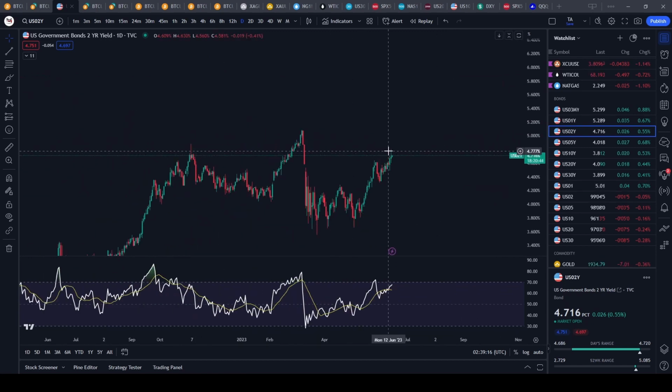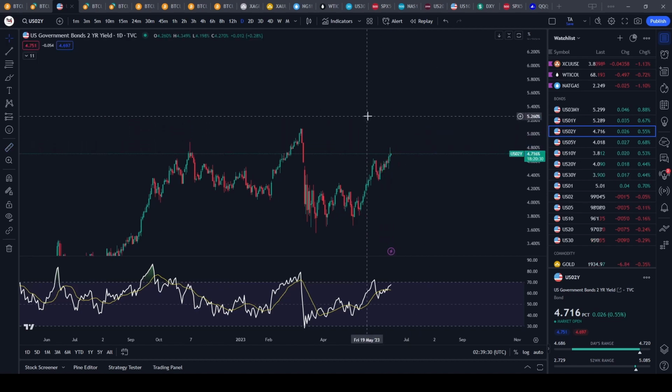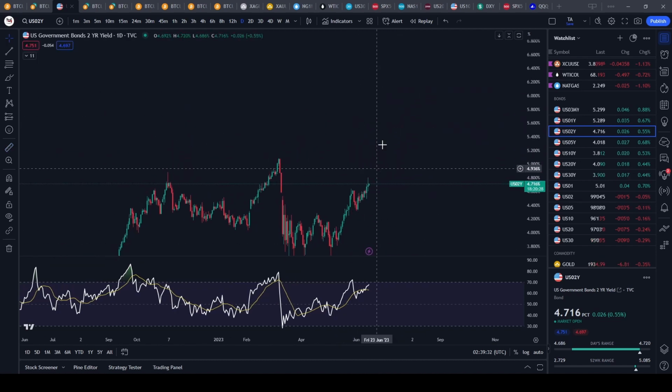So a lot of people are thinking today was the pause that will end the entire cycle. Even though they're saying they're going to raise next month, some people are saying that the pause is now. But if the 2-year yield keeps moving up, this is going to signal and confirm that the Fed is going to have to keep raising rates regardless,